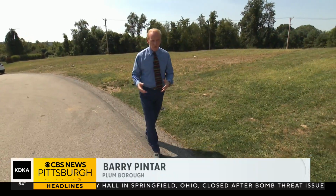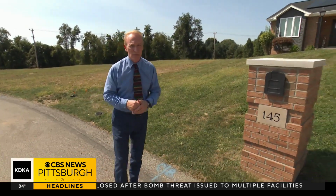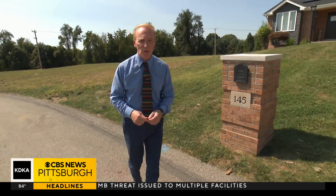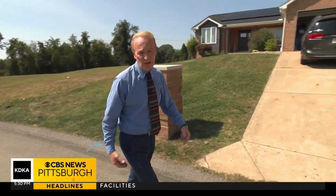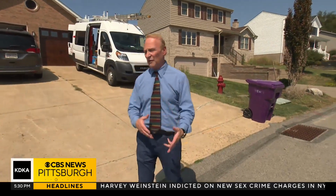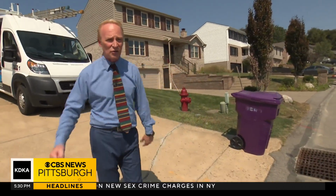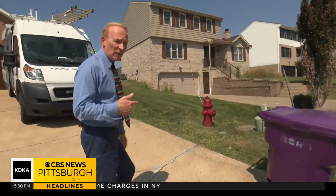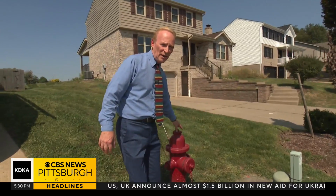In order to tell this story, I have to turn the clock back to a very tragic time for this neighborhood. It was August 5th, 2023, when a gas explosion happened at a house that was in that field that eventually claimed 6 lives. We've heard so much justifiably about the natural gas that was the cause of that tragedy, but since that time, we've learned of another deficit, and it has to do with the water pressure inside these